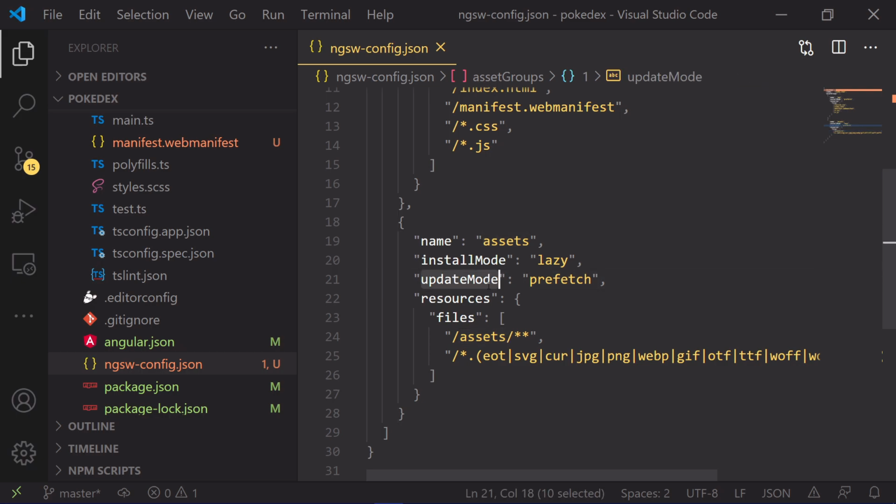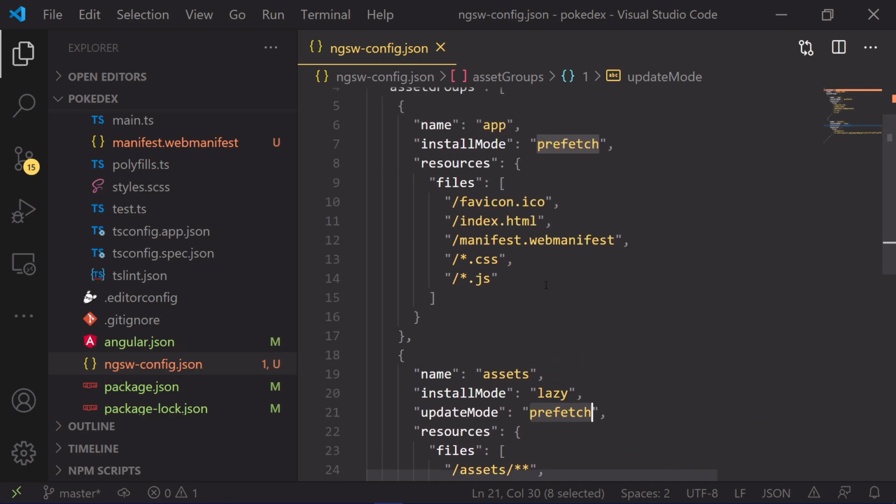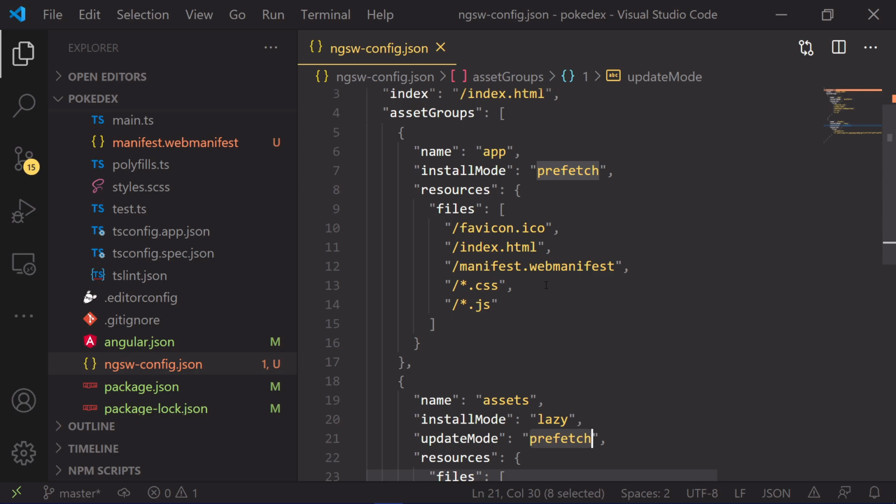For example, the first screen of your application does not require a specific file to be loaded, so that will not be cached. But in the next page or the next specific component, when you click and a component loads, at that time if these files have been accessed, then it will be cached because of this update mode prefetch. This is all about the ngsw config. This specifies the caching mechanism. The caching is handled here, so that's the reason your application speed would be increased.